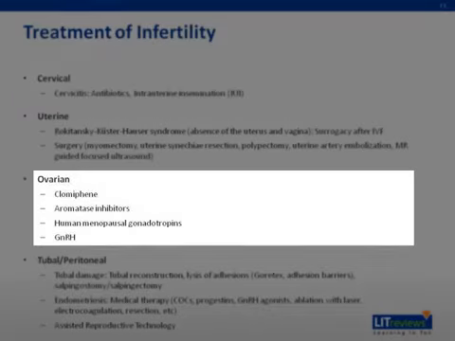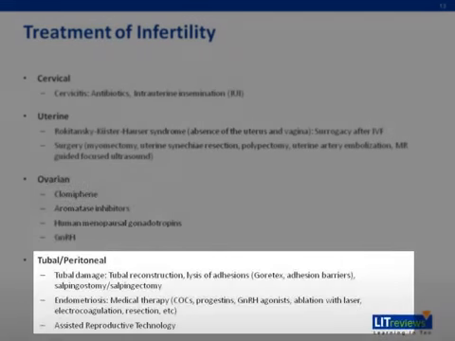Ovarian factor is treated with medications that encourage a stronger ovulation response. You can do this with any number of medications like clomiphene, aromatase inhibitors, gonadotropins. Talking about each one of these would actually take up pretty much the entire afternoon, so look up these if you're interested. Tubal and peritoneal factors